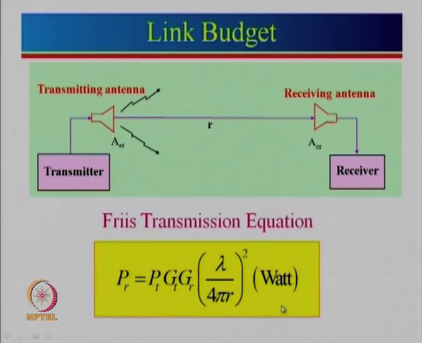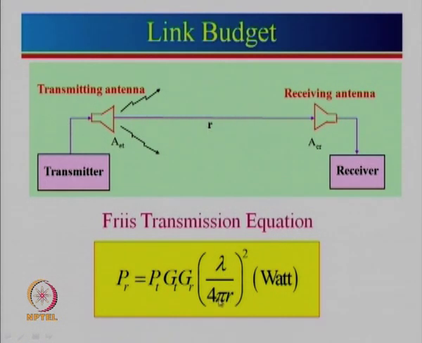When we look into more detail of antenna fundamentals, we will see how this expression is derived, but just to tell you, the received power depends upon the transmitted power. So, the higher the transmitted power, the higher will be the received power, and if the gain of the transmit antenna or the gain of the receive antenna is large, then the power received will be large. Now, one can see that it is proportional to lambda square. Lambda is c by f. So, that means it is inversely proportional to f square. Also, it is inversely proportional to the square of r.